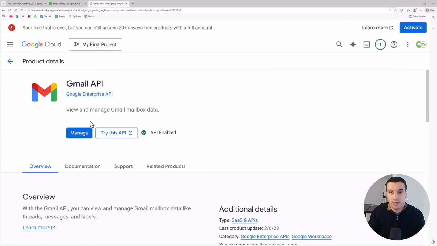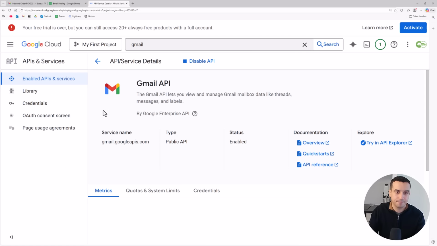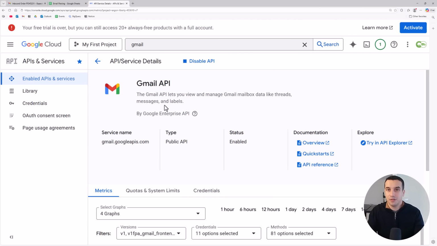So here it's already activated, but if it's not activated yet, especially if you have a new account, you just click on Activate. And then you refresh and you will have this option of managing. You should have the API enabled also. So you go on Manage. Then the objective here is to set up the credentials. So you go on the left panel,